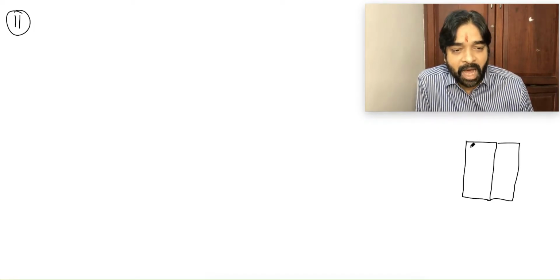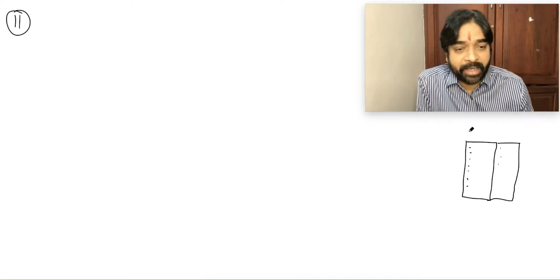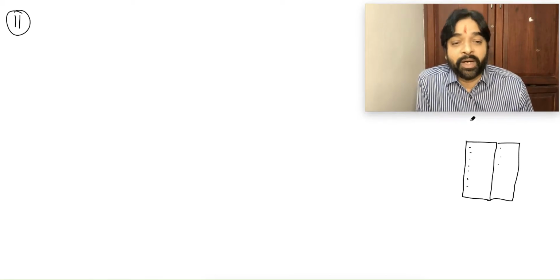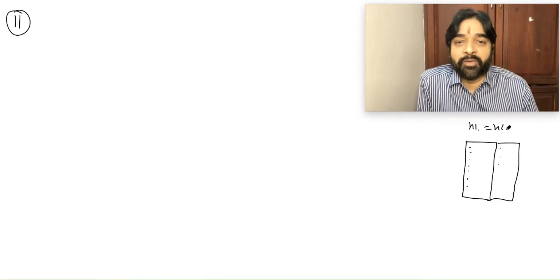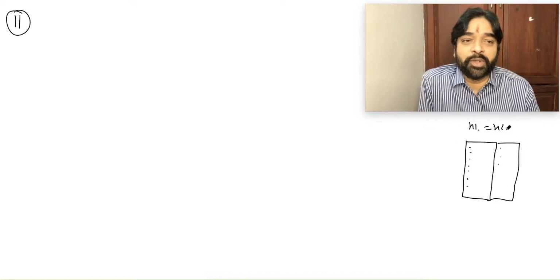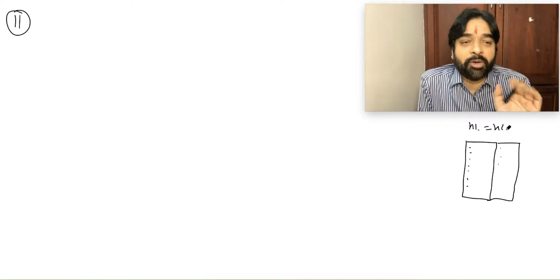You should write all main points which you feel that you may forget. Don't try to write what is the n factorial value, n into n minus 1. That you will remember till your death. You will not forget that n factorial value is 1 into 2 into 3 into 4 till n. Those things cannot be forgotten.